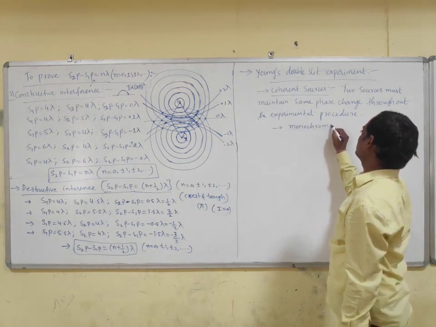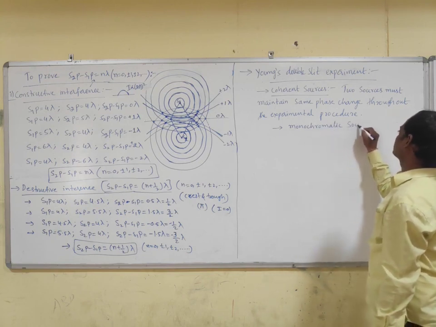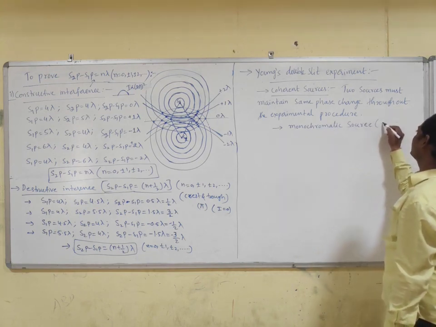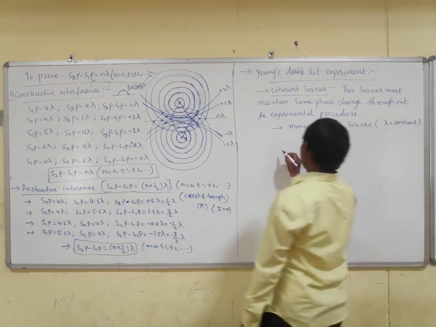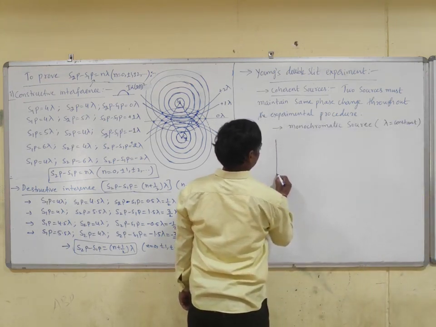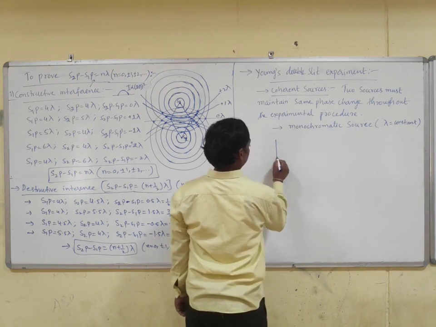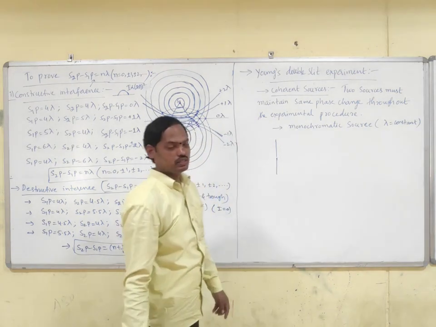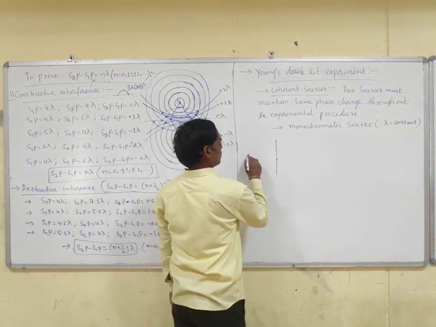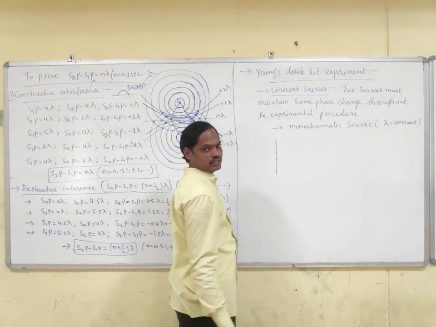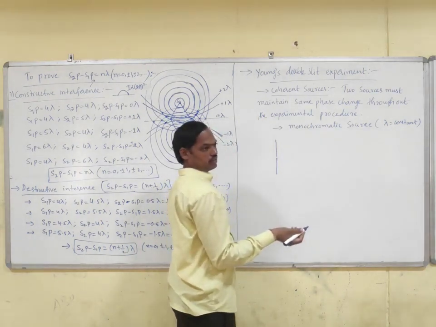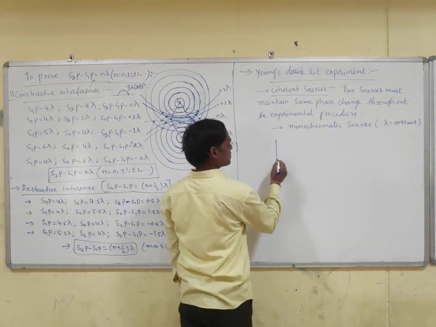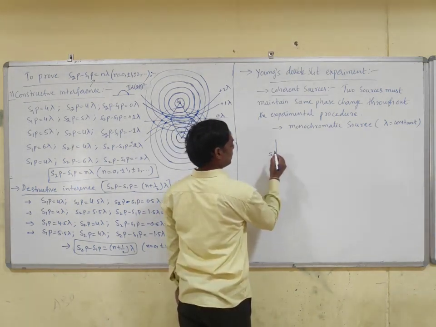It must be what? Monochromatic source. Monochromatic source means single wave. Lambda must be constant. So if you look at the diagram, take a cardboard sheet, make a pinhole and take a light source here, for example laser light. Okay, so this will be acting like a small opening, then we will call this the source or slit. It is indicated by S.